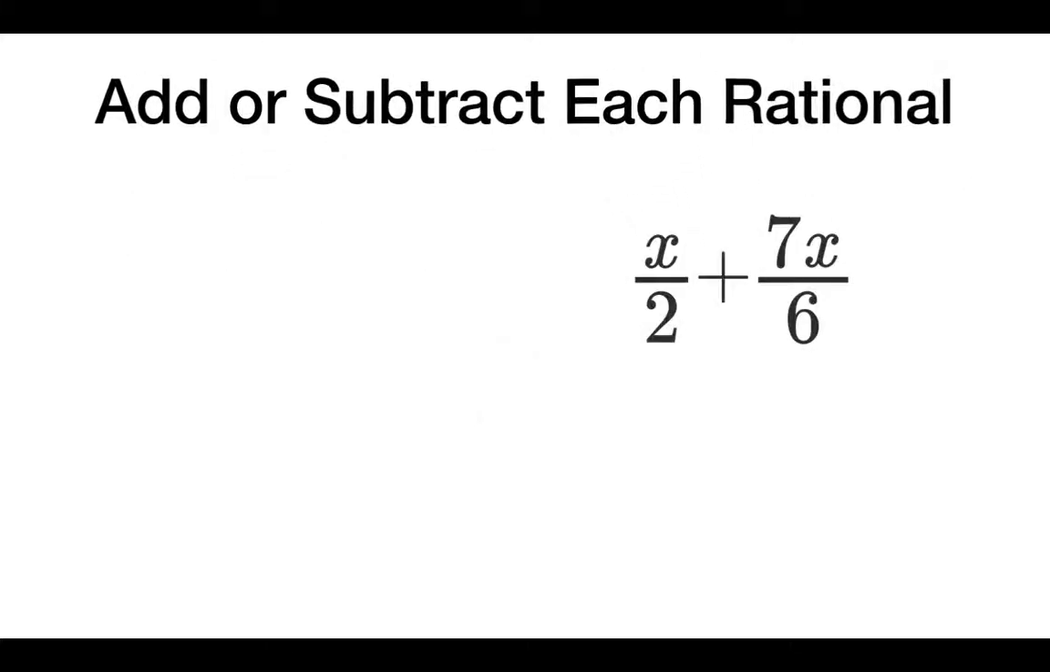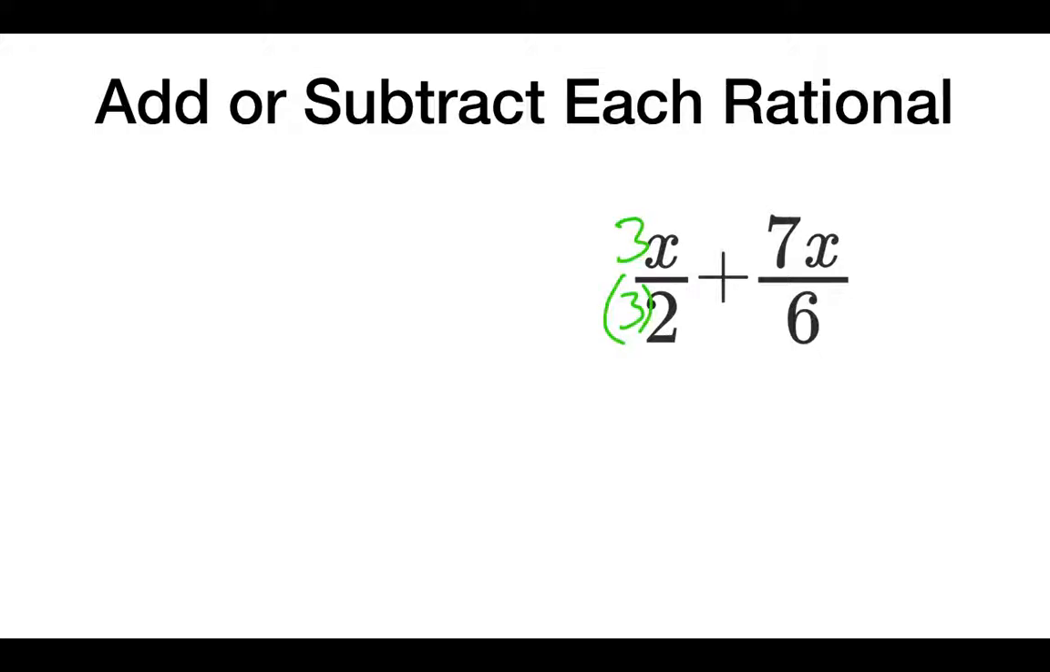So there we go. We're going to add or subtract some rational expressions now just to try it out. So here's our first one. I'm trying to find a common denominator. In this case, I have denominators of 2 and 6. My lowest common denominator is not going to be 12. It's actually 6. So that means I'm going to have to multiply by 3